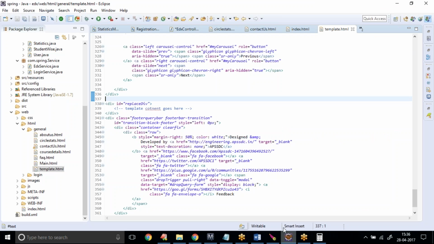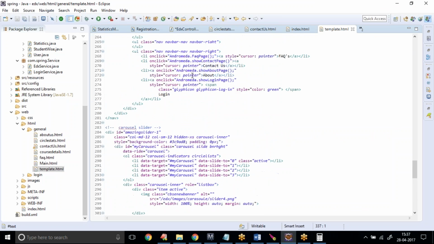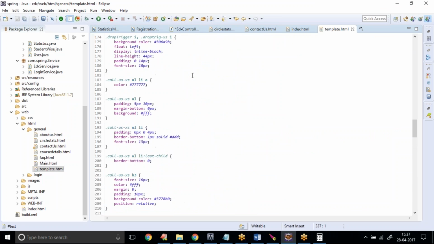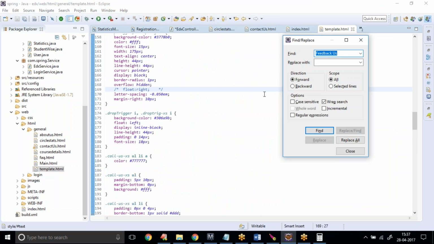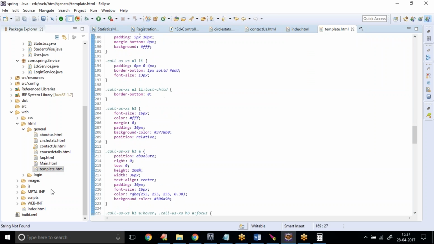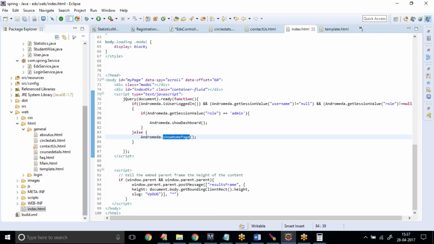I am not writing some HTML. If you see in the template page, it doesn't have any body element also. Only one body element will be there, that is in the index page. Body. No string found. That means we don't have multiple body pages. That means I have created a template structure where we will be using this jQuery structure to load it into